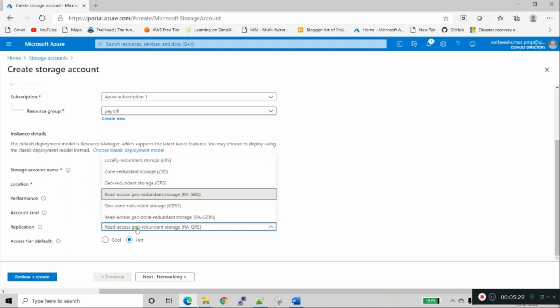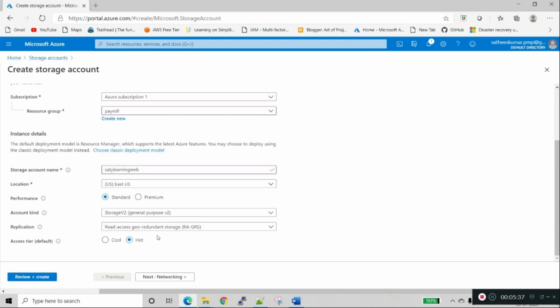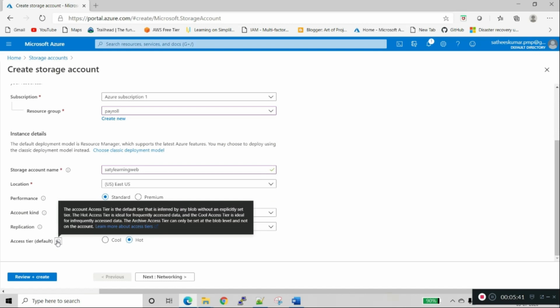For replication, we don't need to worry about this. And access tier, hot and cool. You can click and go through the details of each section.